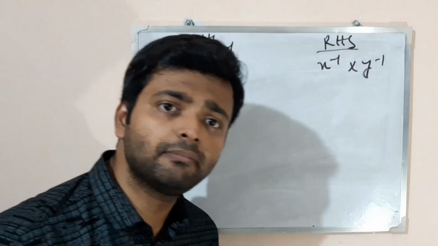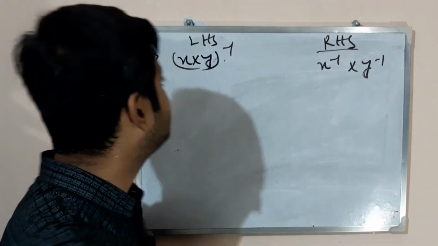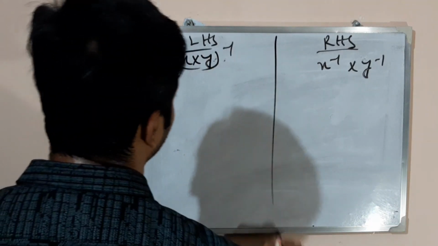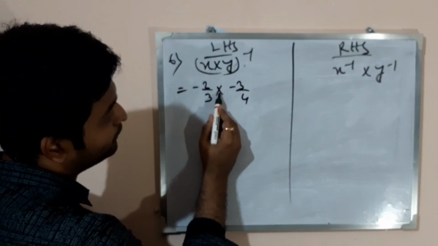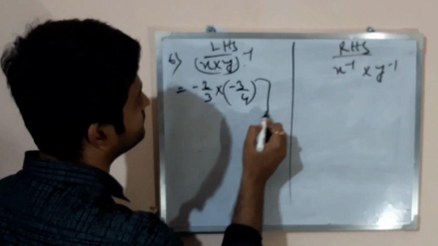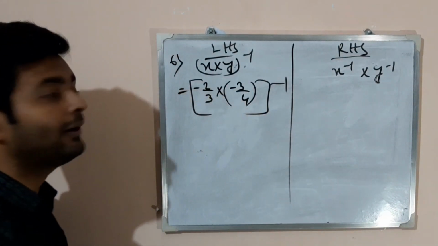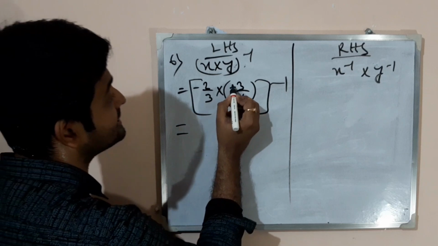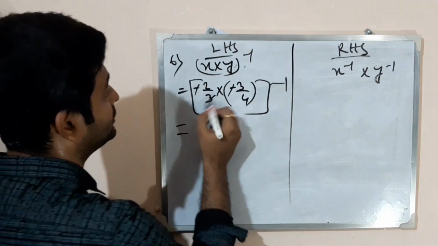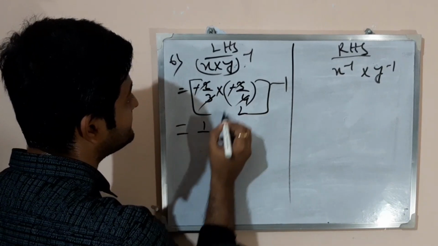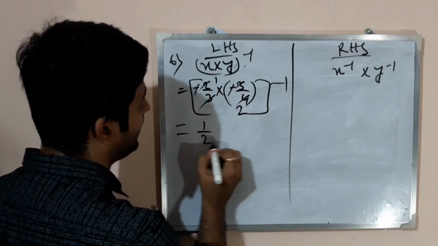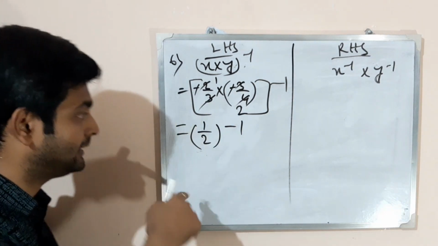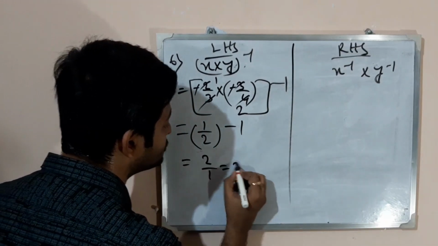Now question number 6, same type of sum. Verify that this equals this. Now the x and y values have been given, so compare the left hand side and the right hand side. Put the bracket because of the multiplication and minus sign. So the whole to the power inverse. Now again two rational numbers. So what to do? Make them into a single rational number. First remove the hassle, minus minus plus, 3 cancels, the 2 2s are nothing, means 1 over there. So 1/2 to the power -1. So what does it represent? You have to write its reciprocal number. So that means 2/1 equals 2.